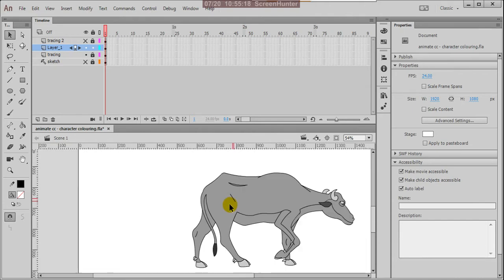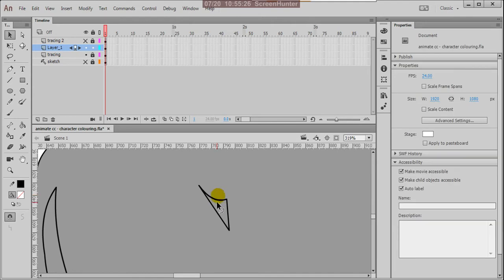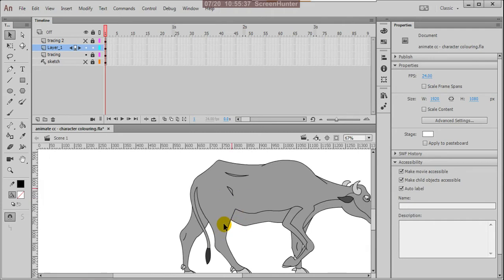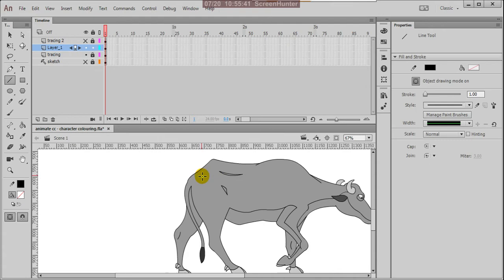Yeah, here okay, the bone impression. As per the bone impression, give this cut line. Okay, yes. Then what we'll do, this whole body part,